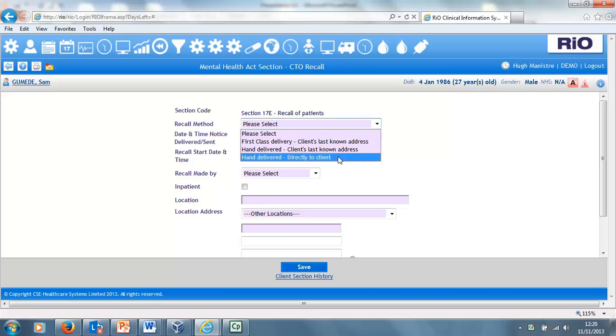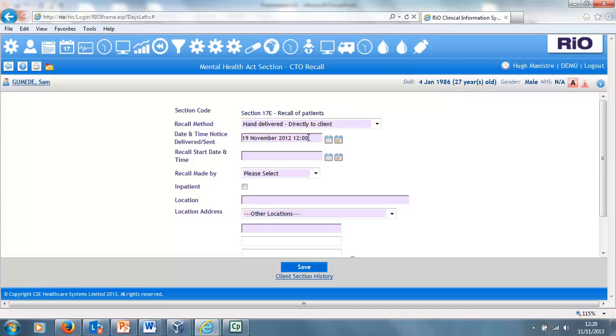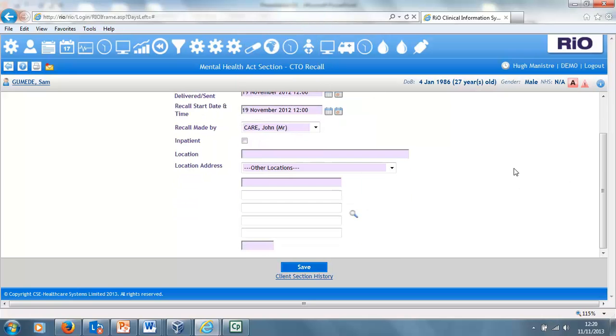So let's suppose that we're going to do this hand delivered directly to the client, and we'll be date and time stamping that. Again, need to wind the clock back into last year to be able to record this scenario. So we'll record that as having occurred on the 19th of November. And because that's been hand delivered directly to the client, I'll also be able to use that option to record that that's the actual recall start and date time. So mandatory also for me to record the identity of the person who's made that recall, and then I've got fields where I can either choose the checkbox here to record that the patient is in fact currently an inpatient,